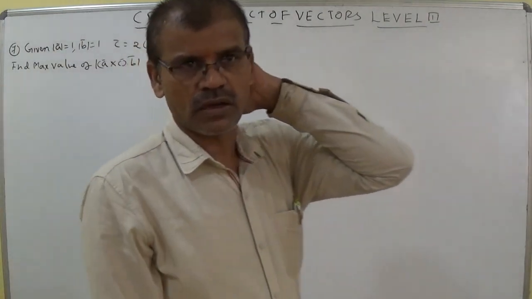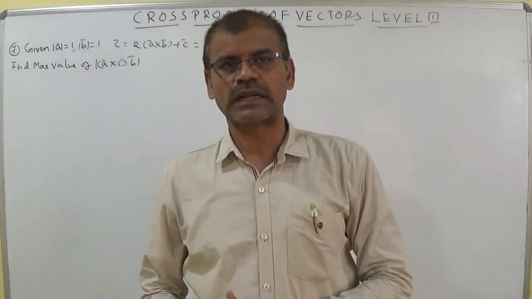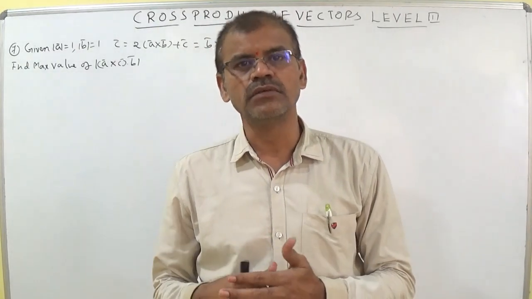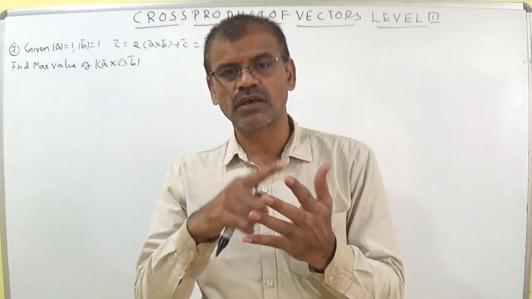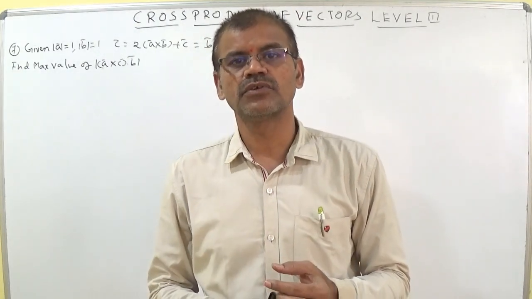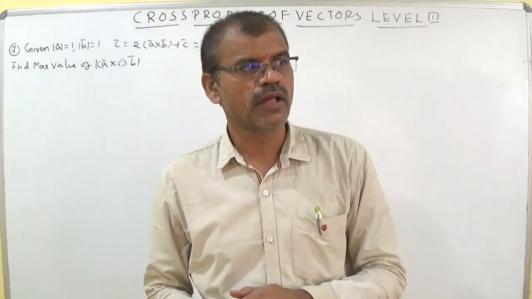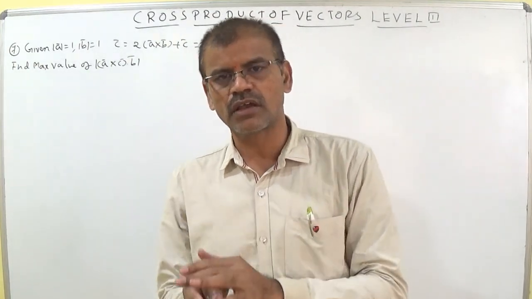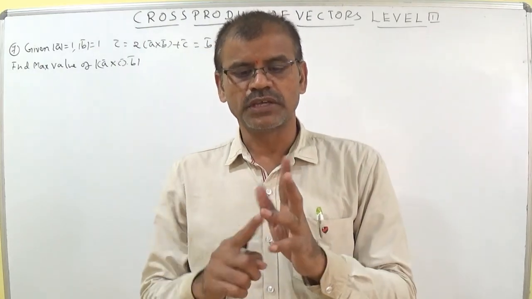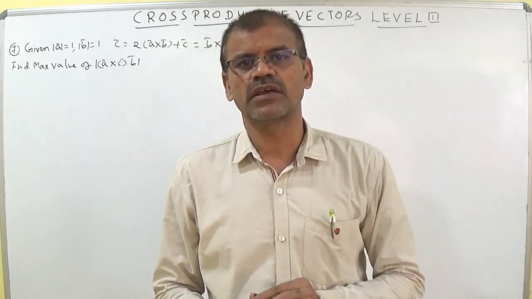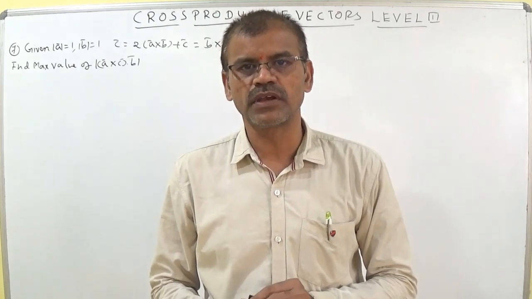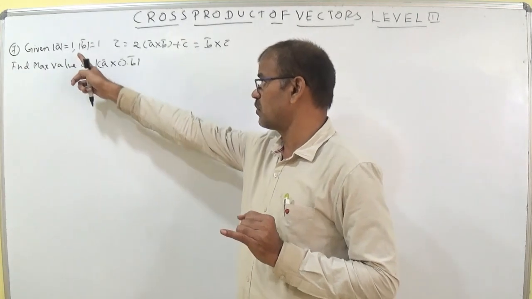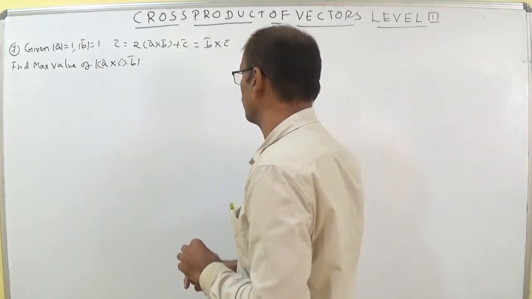According to the orthogonal unit vector triad concept, what is the orthogonal unit vector triad? i, j, k are said to be an orthogonal unit vector triad. Triad means 3. i and j are orthogonal, j and k are orthogonal, and k and i are orthogonal. So ij, jk, ki can be said to be mutually perpendicular or mutually orthogonal. Like that, A bar here, mod A is given 1 and mod B is given 1.